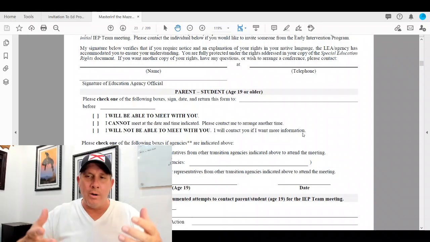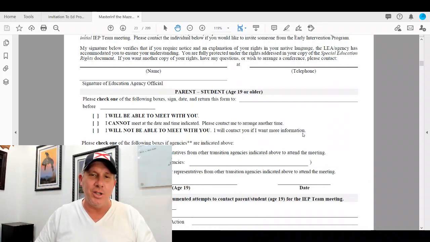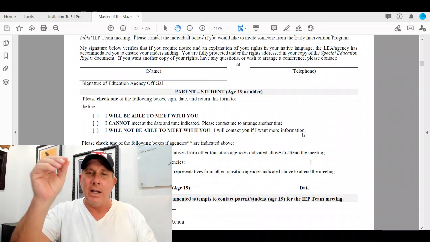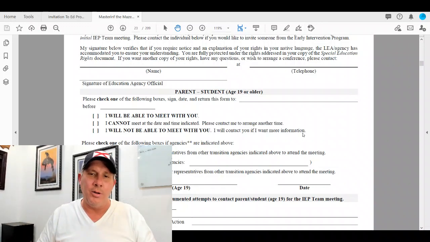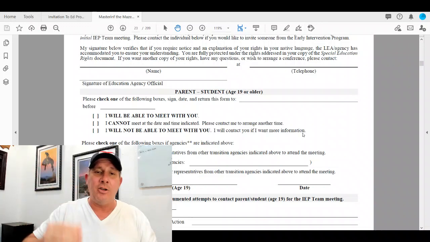This is why it's important for you as a parent to safeguard yourself by snapping images on your phone and archiving it in order to show and verify that you wrote on these documents and that you are